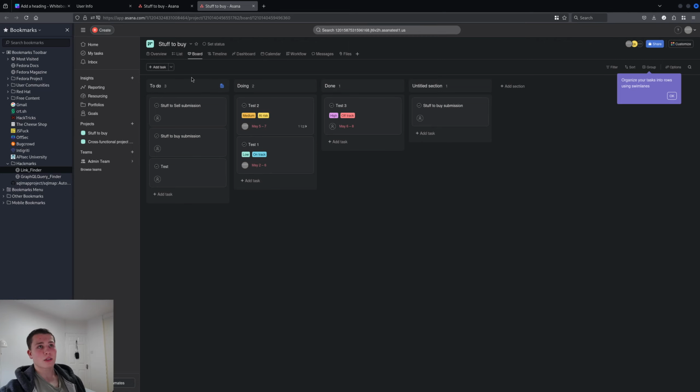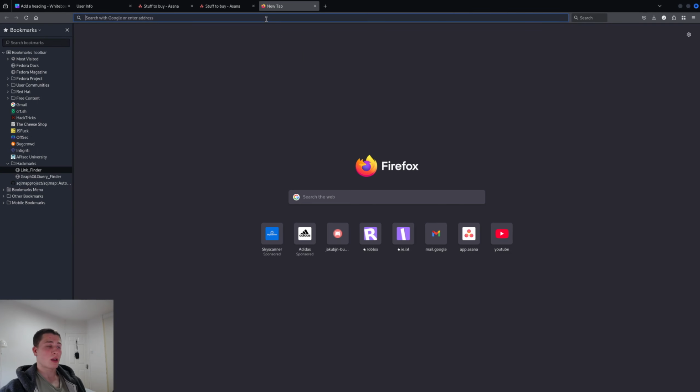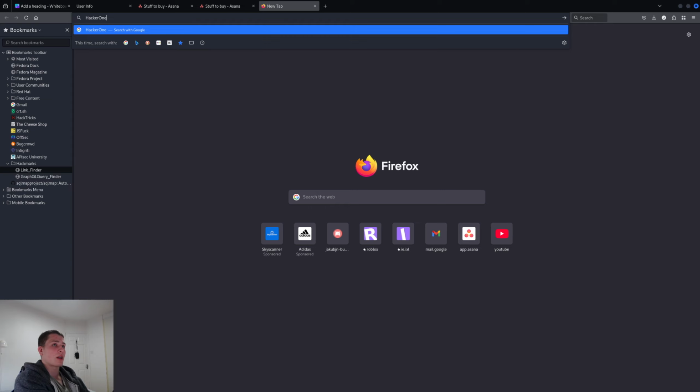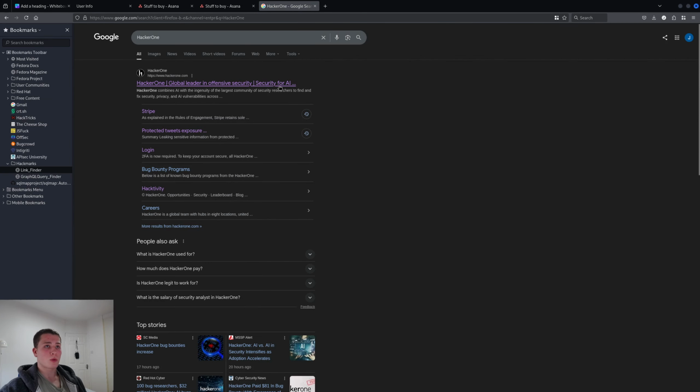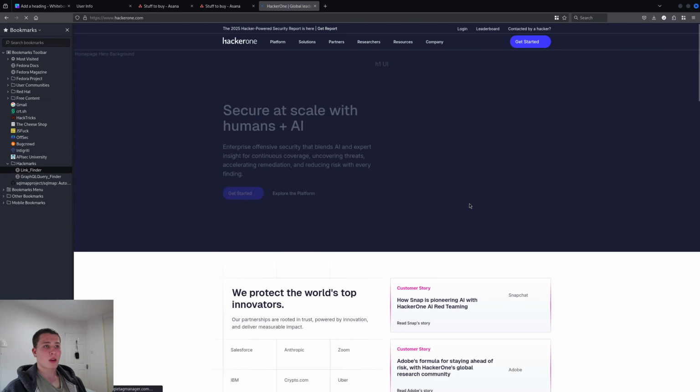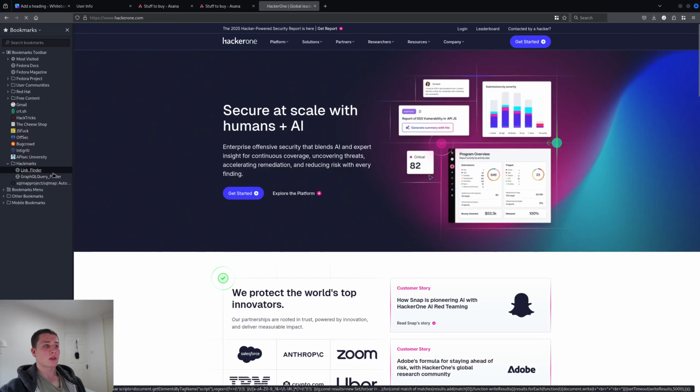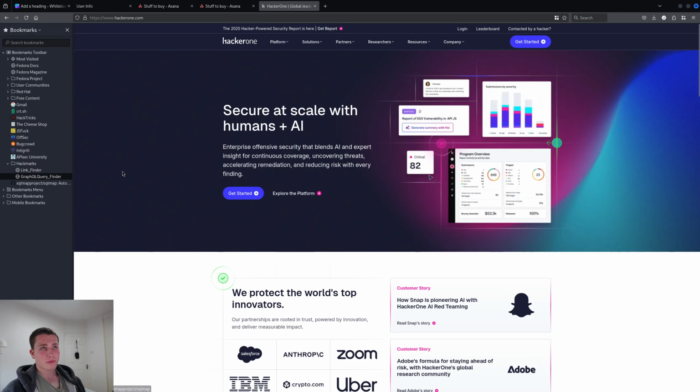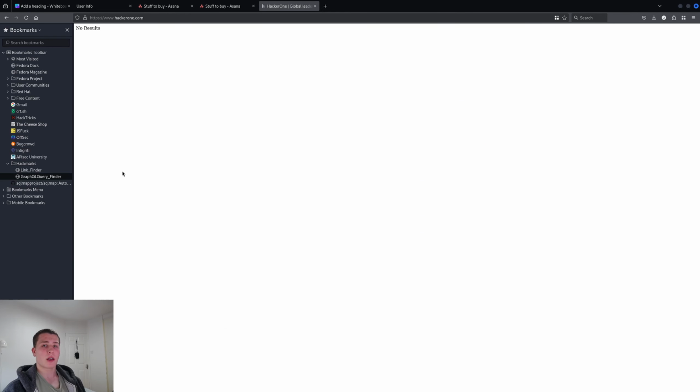And the last thing that I wanted to show you, the last good place to test for IDORs, and I don't think this is going to work on Asana, so we'll just go to HackerOne instead. We'll go here, and the other place is called GraphQL. This is a query language kind of similar to SQL that allows websites to